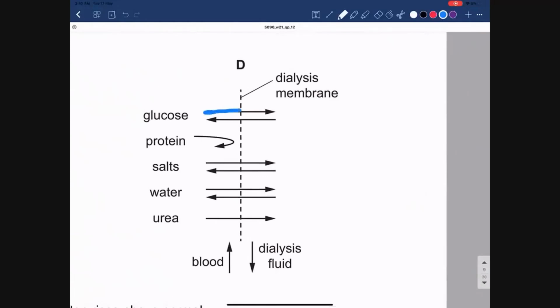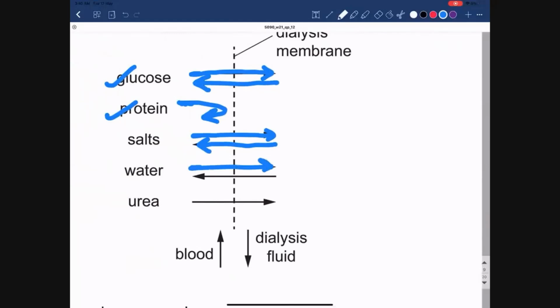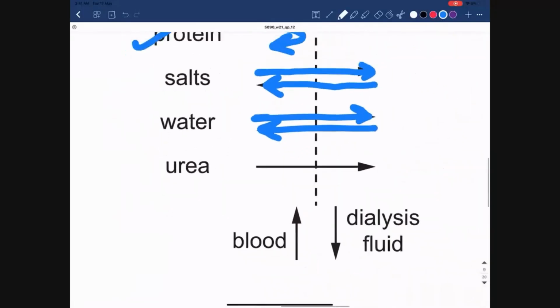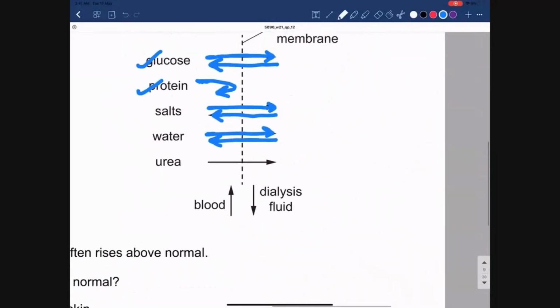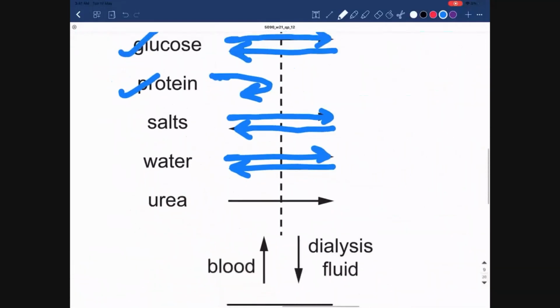Option D states that glucose can cross the dialysis membrane, but there is no net movement or diffusion. This is true. Proteins cannot cross the dialysis membrane because proteins are too large to pass through. This is true as well. Guys, salts can cross the dialysis membrane. However, there is no net movement because the concentration of salts in the blood and dialysis fluid are equal. Same goes for water. No net movement. However, if the blood has a lower concentration of salts and a lower water potential, salts can come from the dialysis fluid to the blood. And in case water is in excess or salts are in excess, they can go from the blood to the